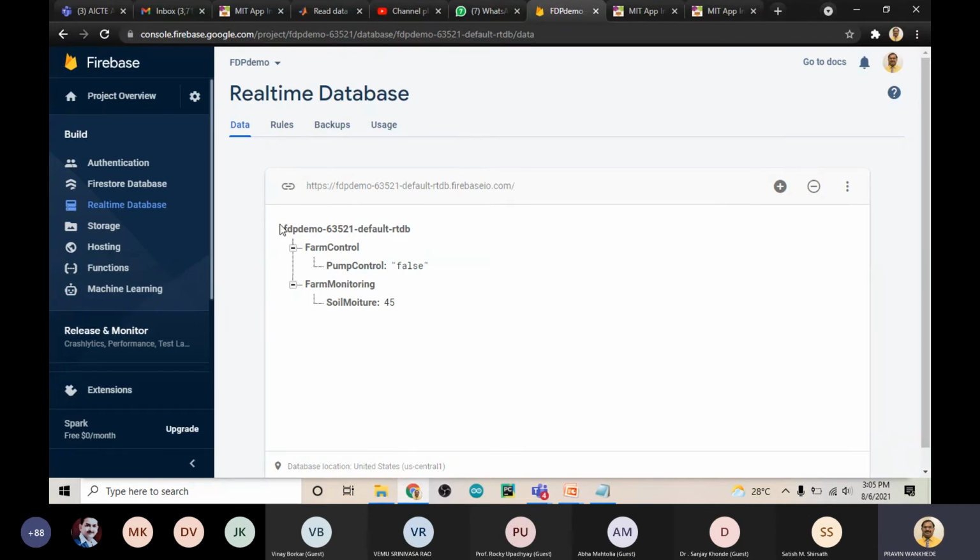In the first app, we have done the monitoring. In this app, we have done the controlling. Correct? Now, what is our role? Only we have to make one IoT node. So I will use the ESP32. In that ESP32, what we'll do, we'll write a code and we'll read the data from your Firebase database.